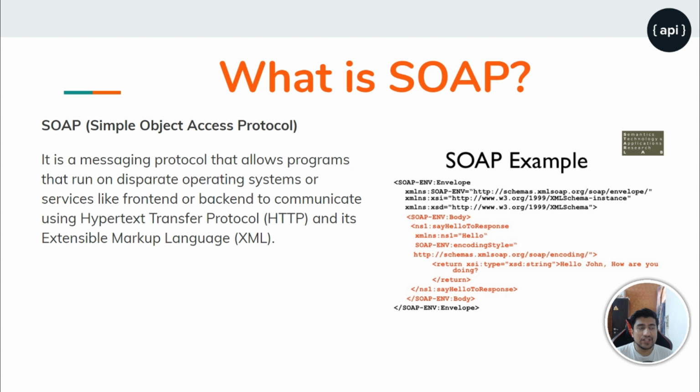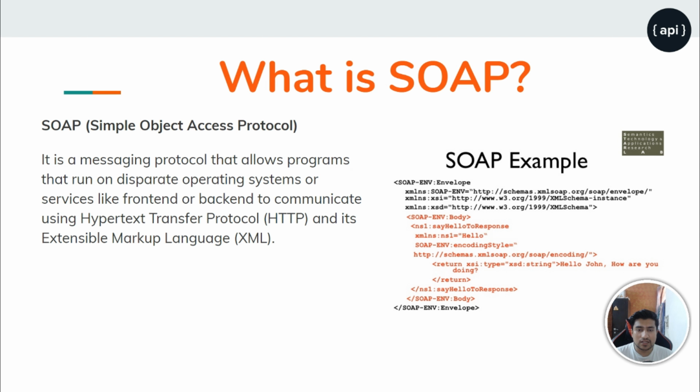So now we need to understand what SOAP is. It is a type of API. The full form of SOAP is Simple Object Access Protocol. It's a messaging protocol that allows you to communicate with any kind of server or service using what we call a SOAP envelope, which contains XML in the WSDL, Web Services Description Language, structure of an API, where the client sends a request according to this envelope and the server responds back according to this XML-based architecture, right?